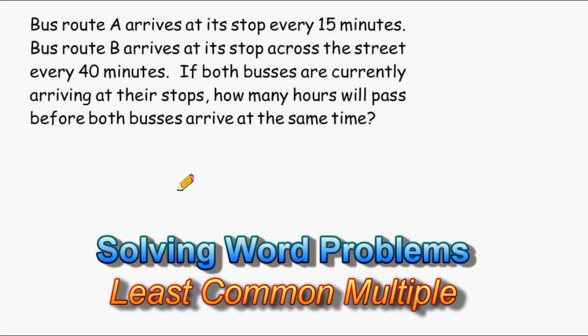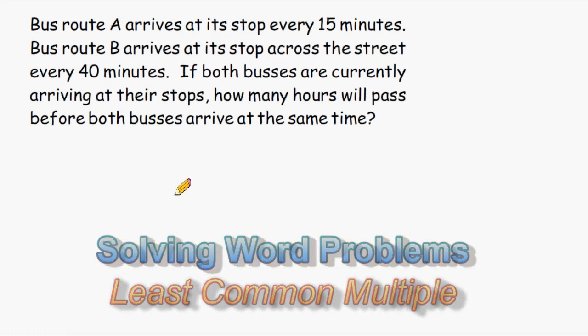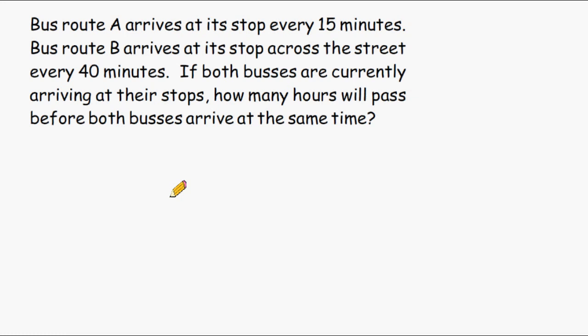This is Mr. Masonette, and we have a word problem that we have to read so we can determine what strategy to use in order to solve this problem. The problem reads that bus route A arrives at its stop every 15 minutes. Bus route B arrives at its stop across the street every 40 minutes. If both buses are currently arriving at their stops, how many hours will pass before both buses arrive at the